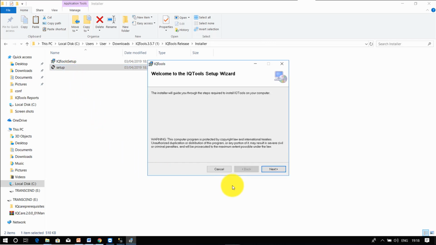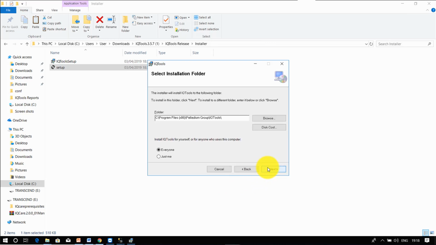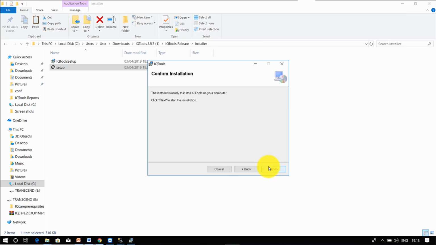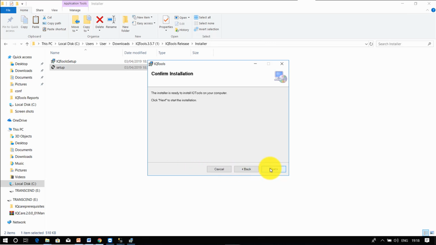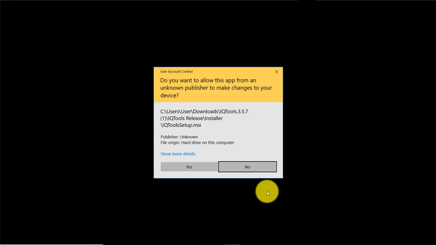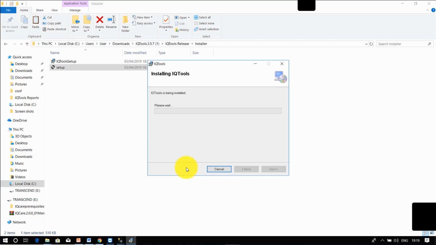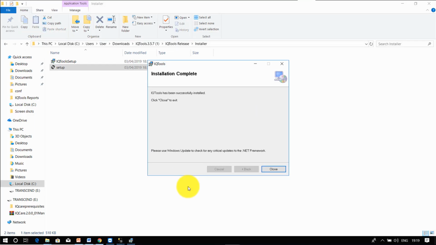Click Next to proceed and select everyone, because this application is being used by every user in the facility. Then click Next. Click Next to install. Accept the prompt by clicking Yes. It will install IQ Tools. Once installed successfully, click Close.